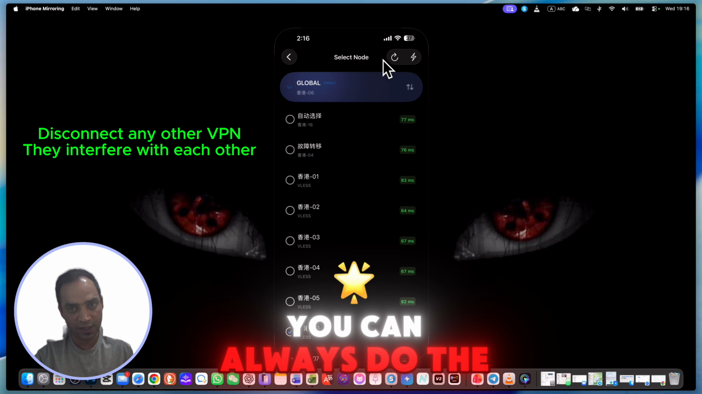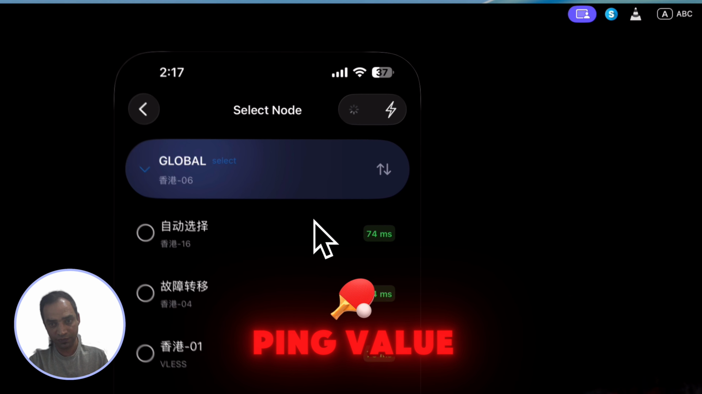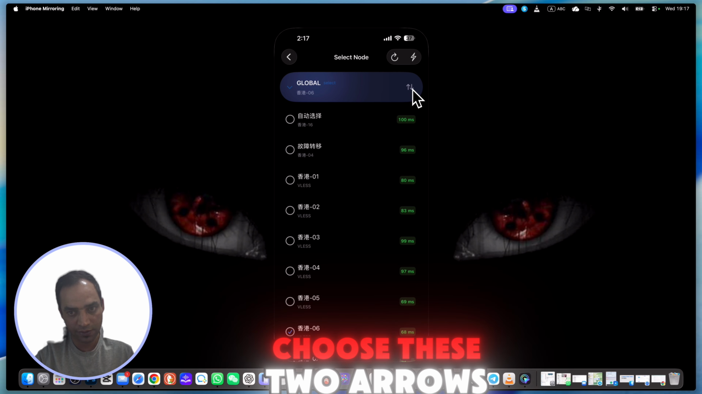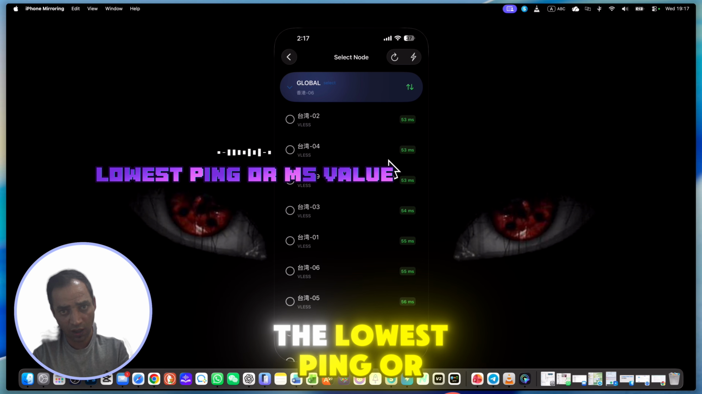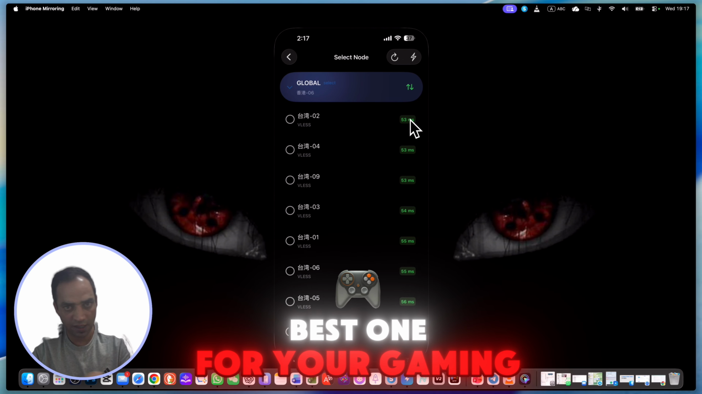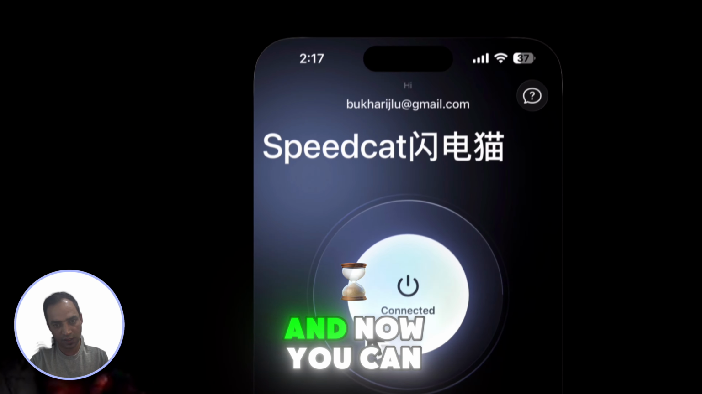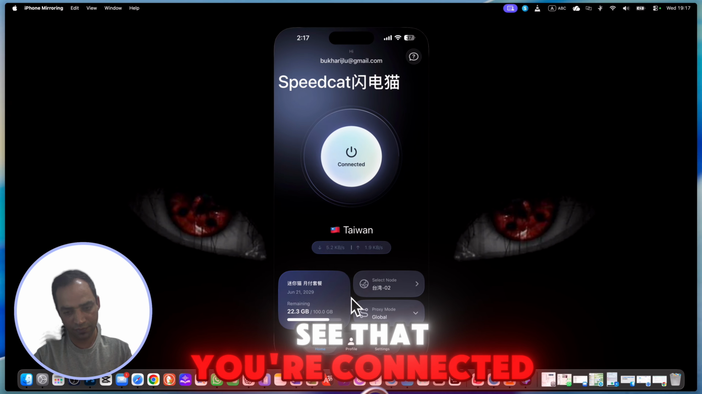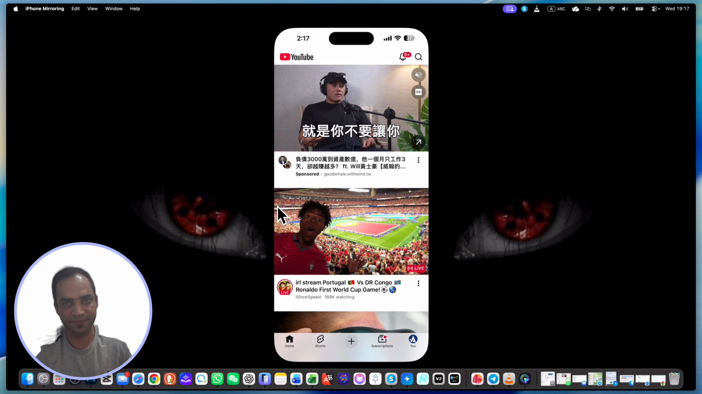You can always do the same things. Refresh your subscription and refresh ping value, and then you can choose these two arrows. Once you choose the arrows, it will show the lowest ping or MS value. The lowest is the best one for your gaming and other speed related things. So choose the lowest ping value and now you can see that you're connected. Now if you open YouTube, it will work perfectly fine. No problem at all. Alright,